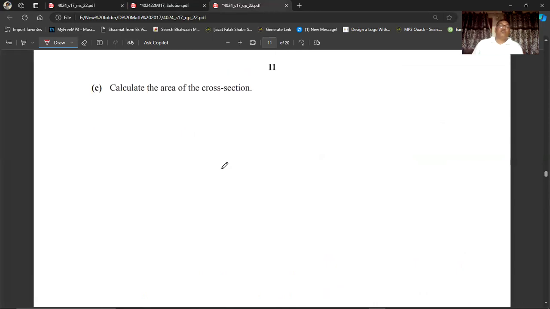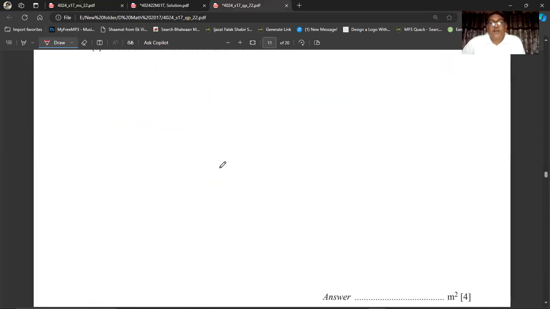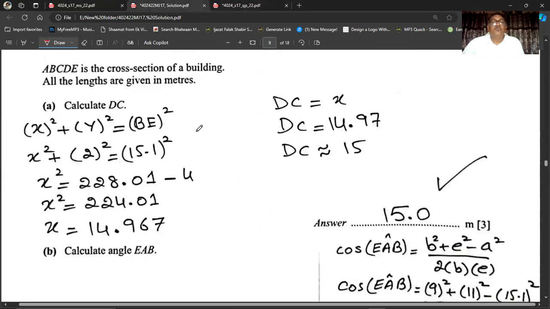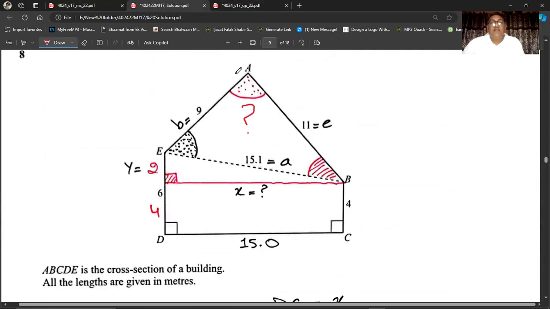This is the question number 8, it's C part. He says, calculate the area of the cross section. You see, they want me to find out the area of this cross section. I will find the area of this triangle AEB and the area of the trapezium